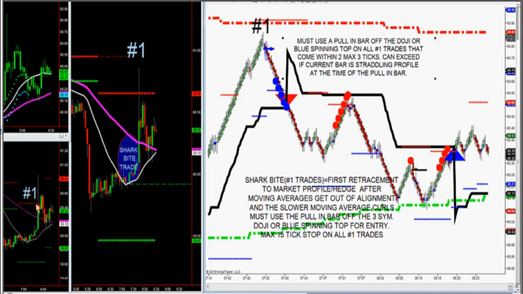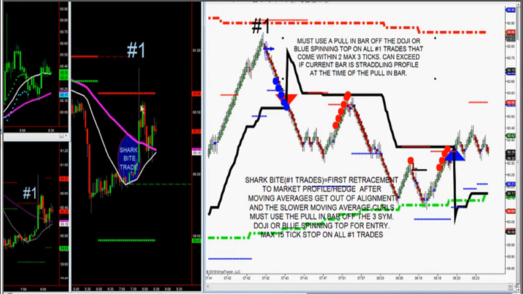So the first one we came to was volume, but we never got a pull-in bar, and I'll show you. Then it came up through price, never got a pull-in bar, and it came all the way up just under the hedge. You're allowed to exceed profiles intra-bar. These are 5-minute bars. You're allowed to exceed them, called the wick,